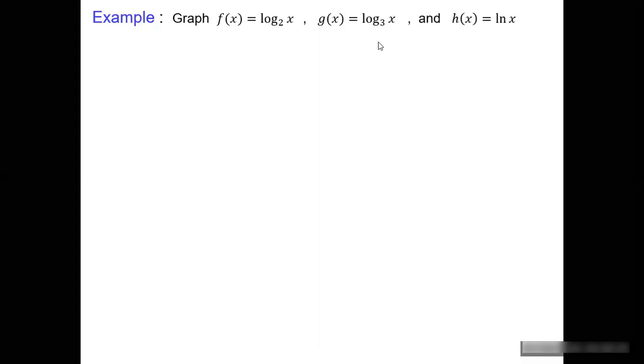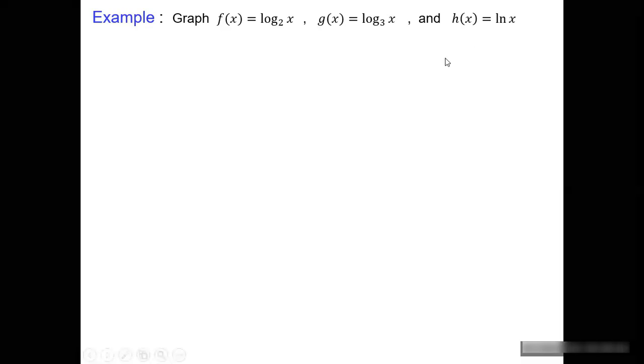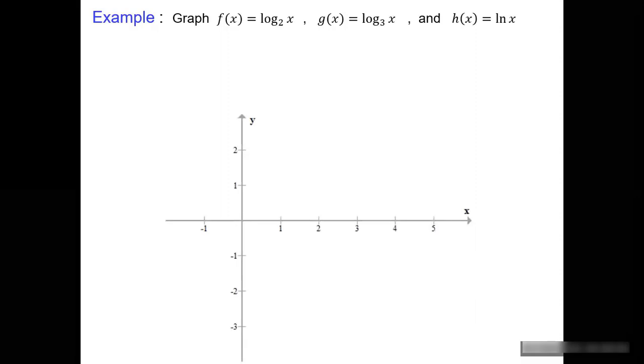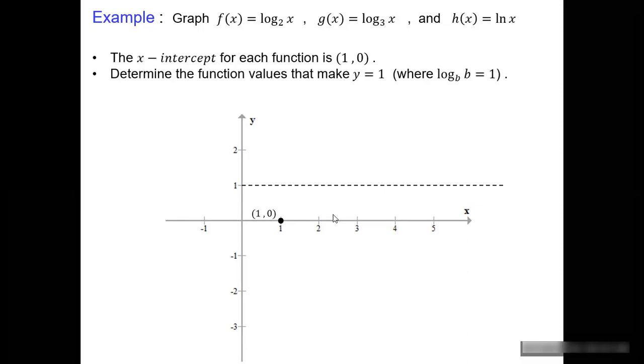I'd now like to take a look at a special type of logarithm referred to as a natural logarithm. We refer to this logarithm as log base e. So when we look at a natural logarithm, or in other words, ln of x, we imply that the base must be e. And remember that e is about 2.718. So this natural logarithm is going to be very closely related to log base 2 of x and log base 3 of x. So let's just go ahead and start over